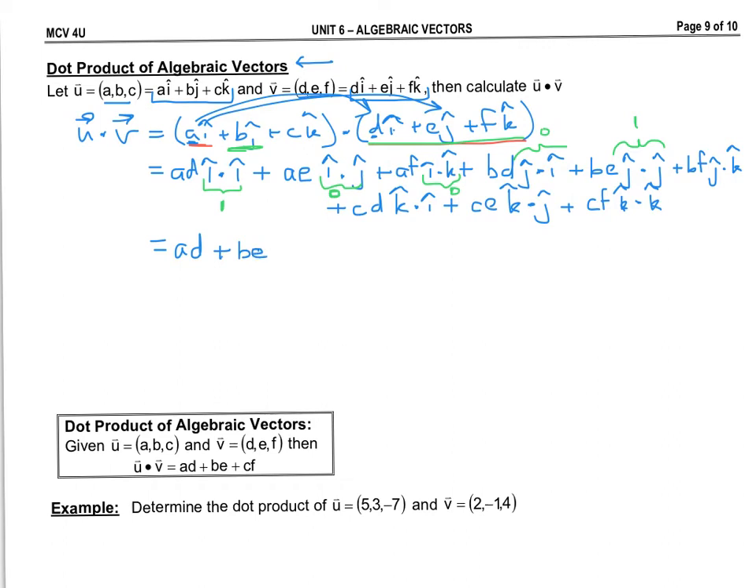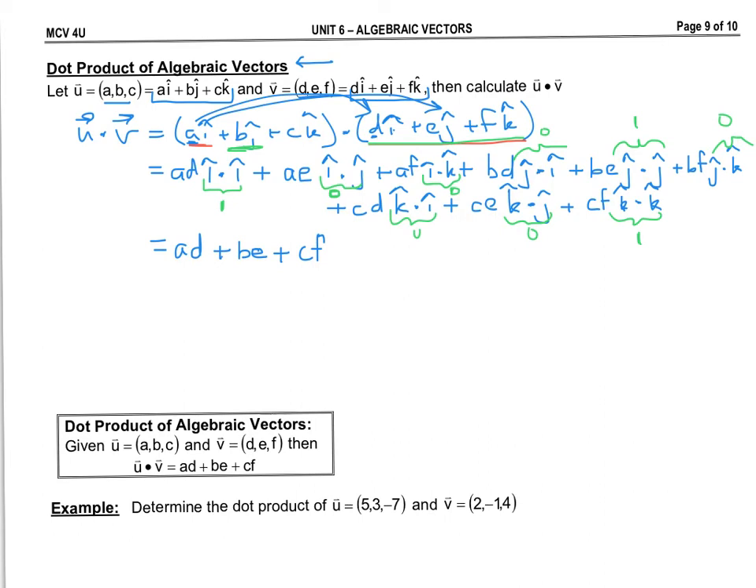And then, continuing on, j hat dotted with k hat would be a 0. k dotted with i hat would be 0. k hat, j hat dotted together is 0. And then k hat dotted with k hat is a 1. So we'll have a plus CF here. So that is our quick way to get the dot product